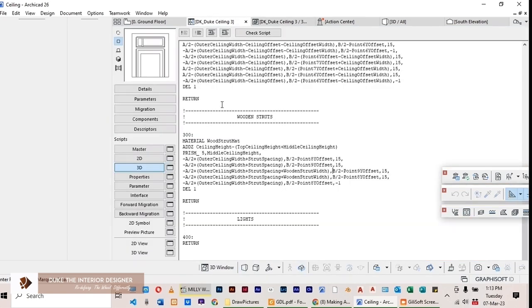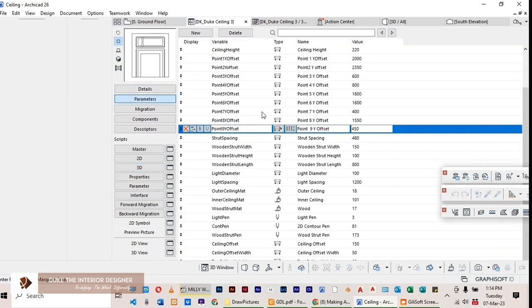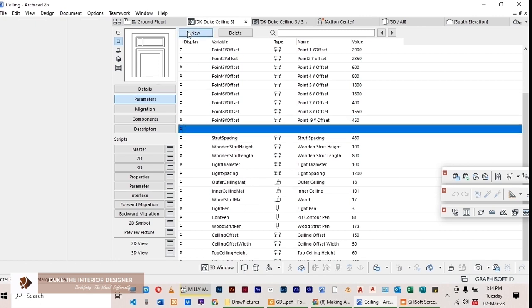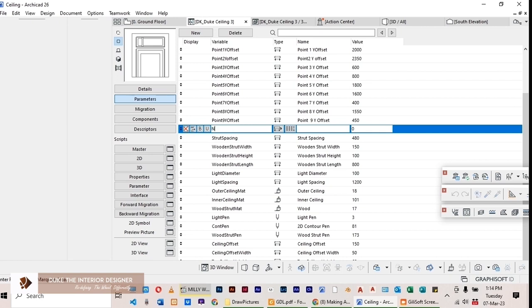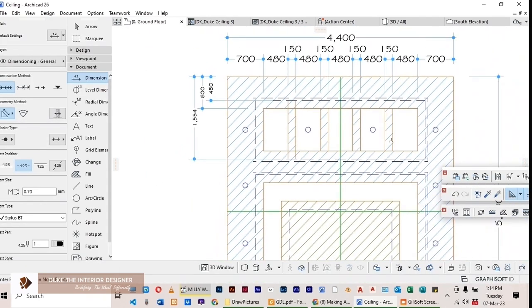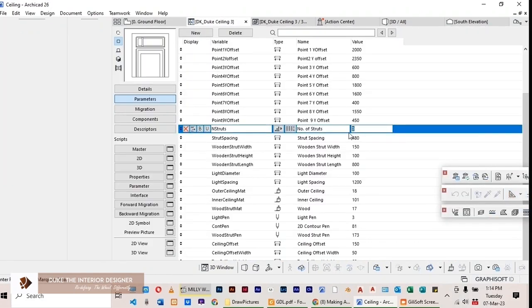Now, how do we copy this to make sure that we have 4 of them spaced in the right way? We need to introduce a final parameter here. We can do it even here and write n struts. This one is an integer, number of struts as per the drawing, 1, 2, 3, 4. So write 4, copy this,